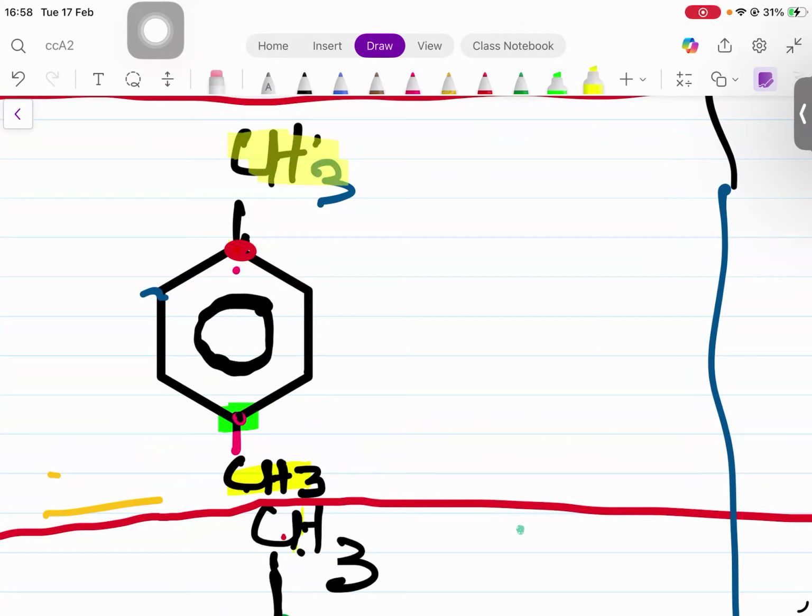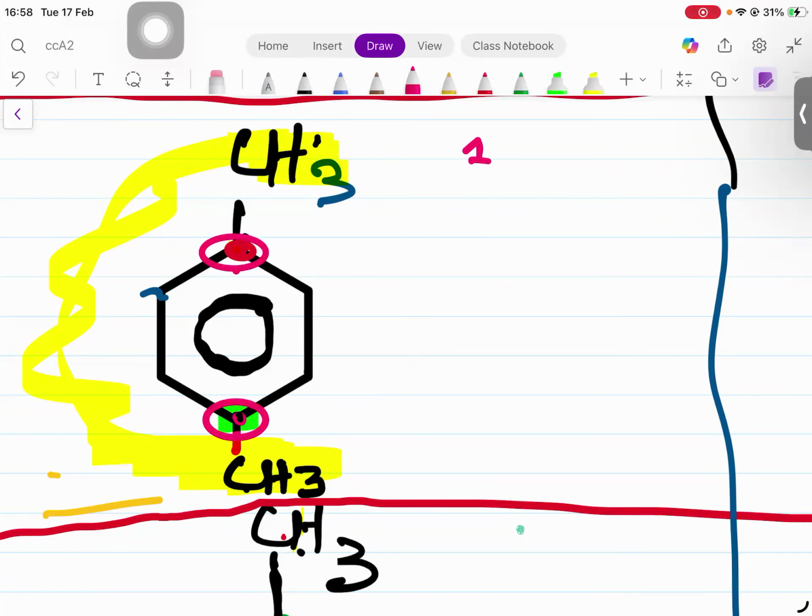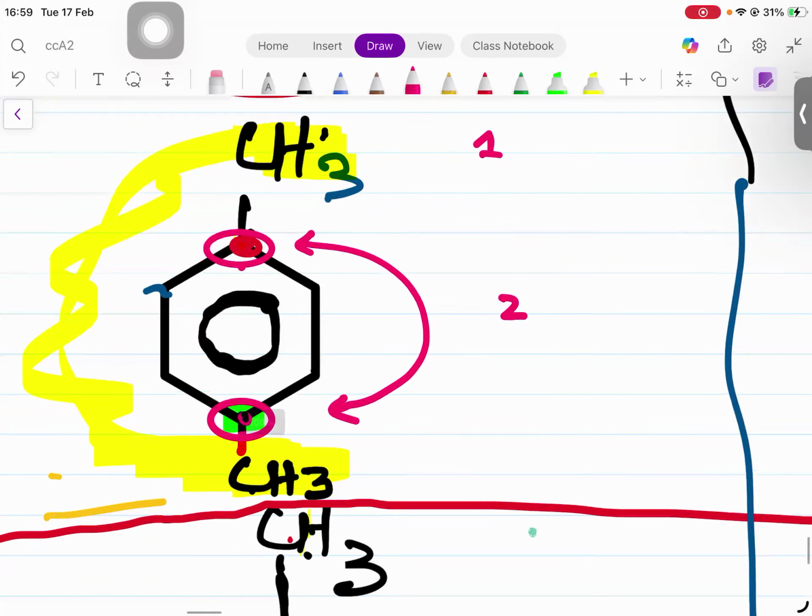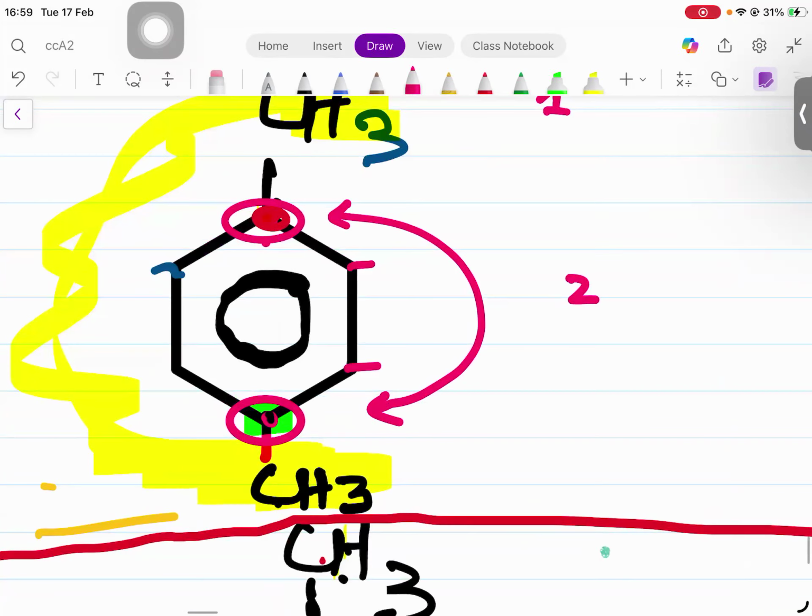These two CH3, do they look the same to you? So they are going to contribute to one peak. And these two carbons that the CH3s are attached to are exactly the same, so they will have one peak. So how many peaks have we got? 2. And the 4 carbons in between,